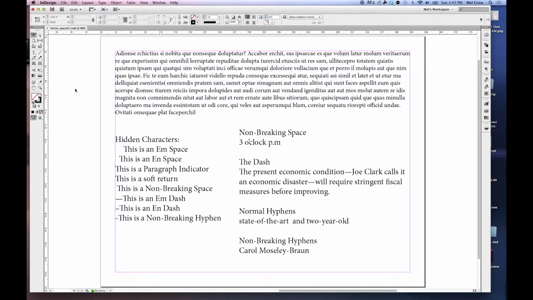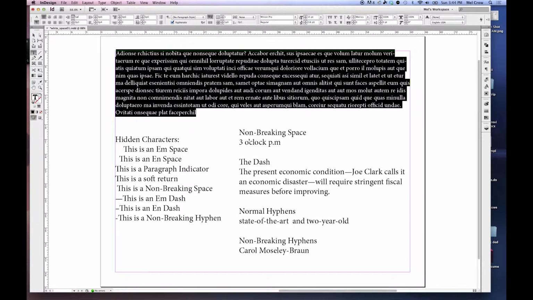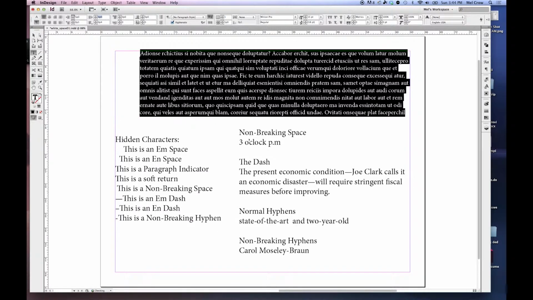I have here a paragraph. In my control panel, I have my character and paragraph tools. Since an indent applies to my paragraph, I will select my paragraph tools here on the left. If I want to add an indent on my paragraph, there are several ways to do it. If I want to indent an entire paragraph, I can use this control here by clicking the arrow up or down. Or I can just type in the indent amount that I would like. Let's try 5p and hit my tab key. Now I have an indent of 5 picas.